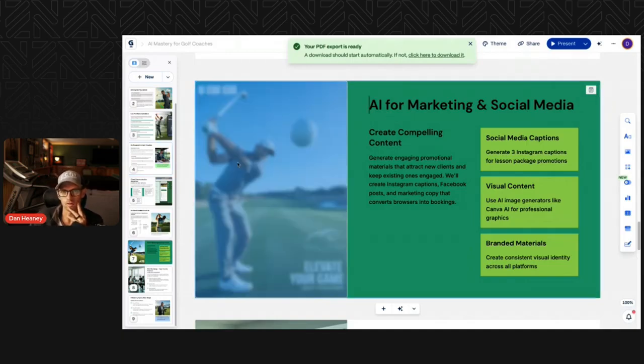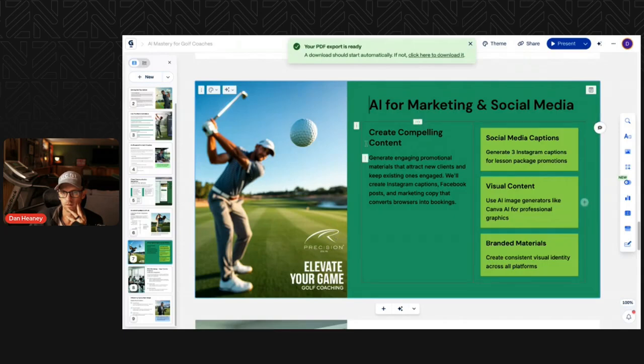And this image that you see right here on this slide, this was not possible 3 months ago, even probably a month ago, with the way that AI image platforms worked. It would not have looked this good. This actually looks like a real golf swing with decent positions, right?